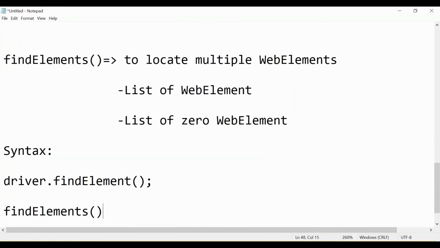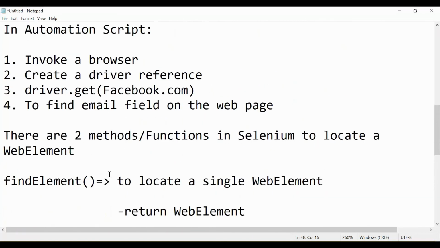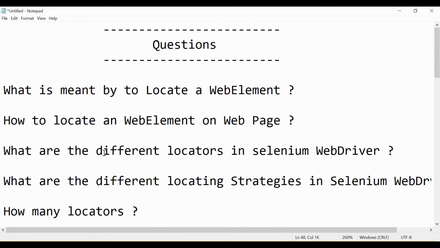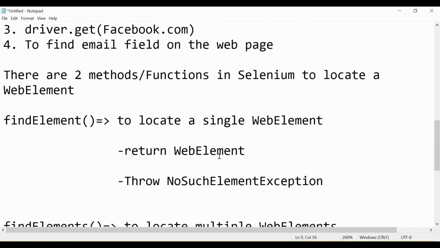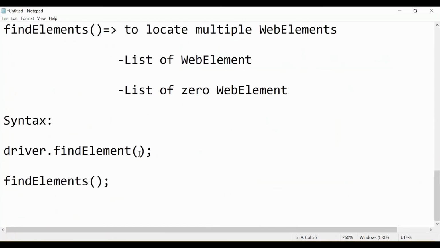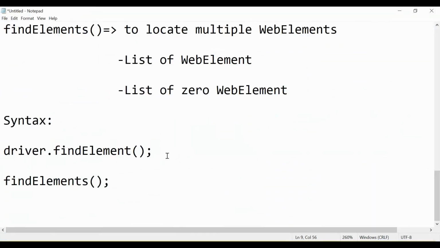The arguments that we are going to provide to these methods are called locators, and with the help of locators these functions will be able to locate these fields. So we will send locators as the argument.